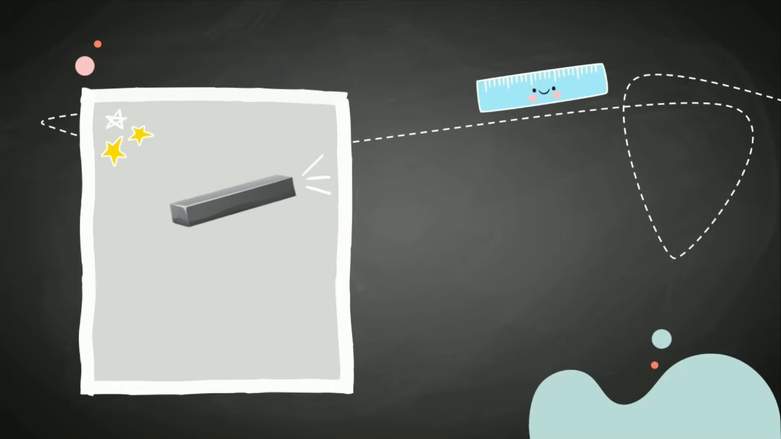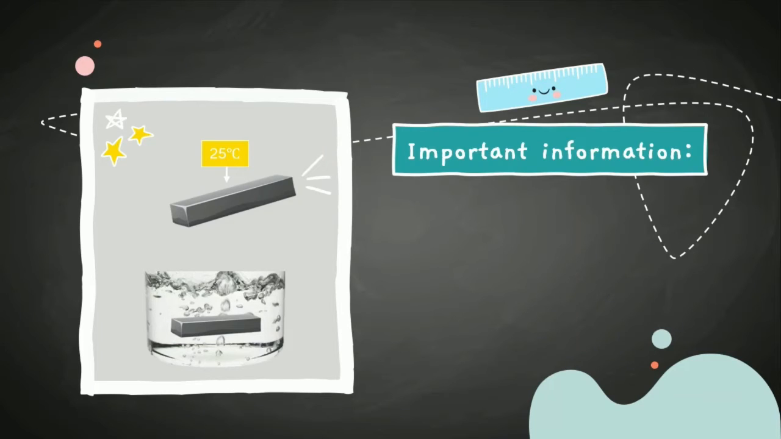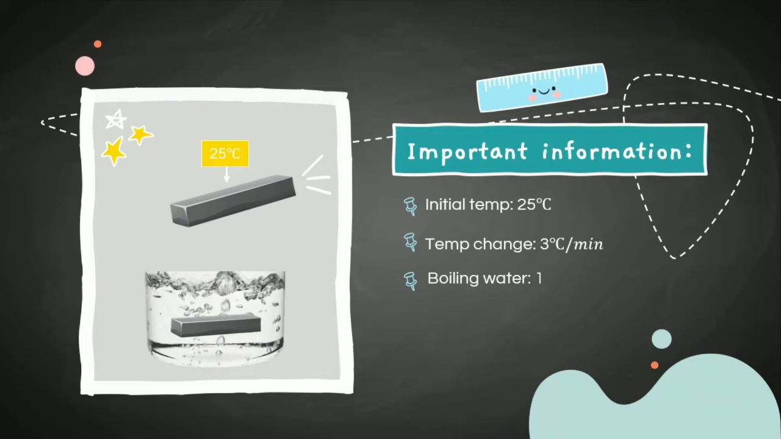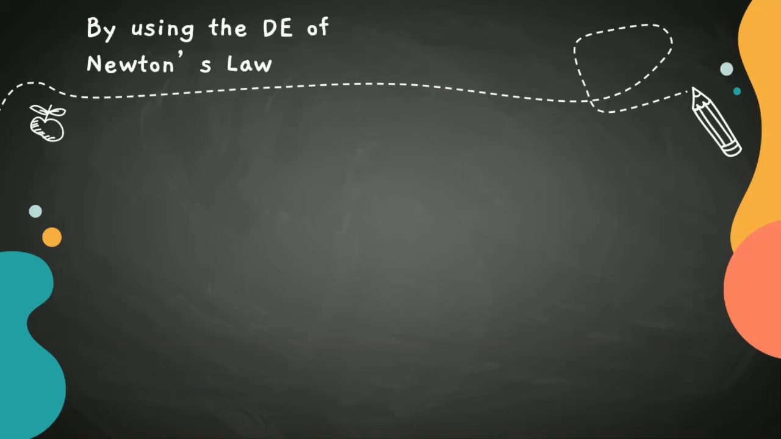Based on the question given, the initial temperature of the metal bar is 25 degrees Celsius, and the metal bar is immersed in a container containing boiling water. So the important information we get is the initial temperature is 25 degrees Celsius, the temperature change is 3 degrees Celsius per minute, the boiling water is 100 degrees Celsius, and we want to know the time taken to reach 85 degrees Celsius. We can solve this question by using the DE of Newton's law of cooling or warming, which is